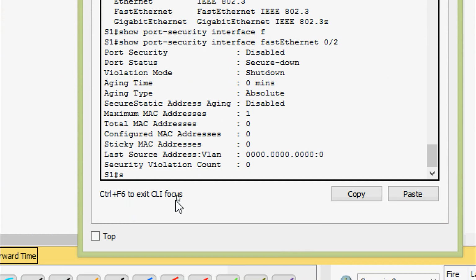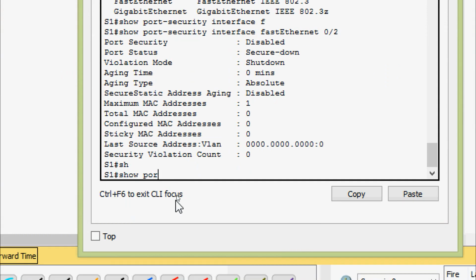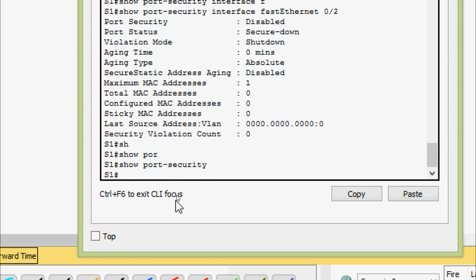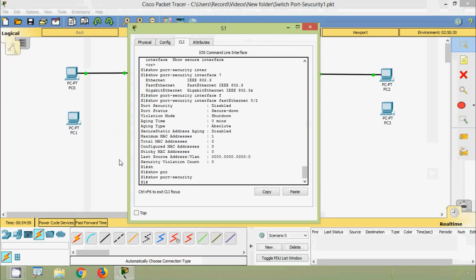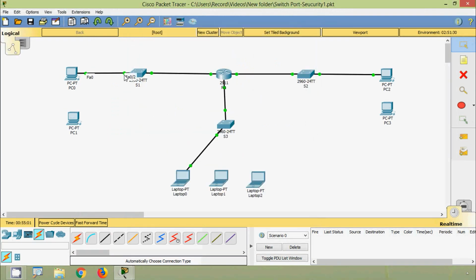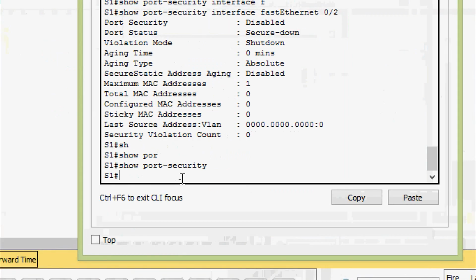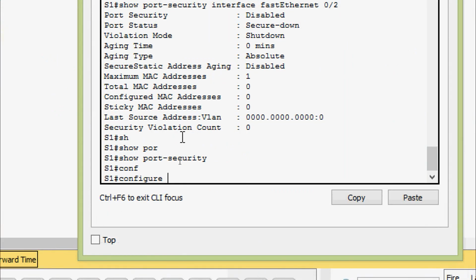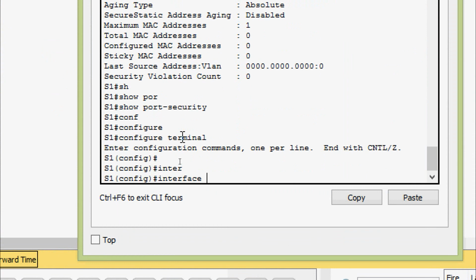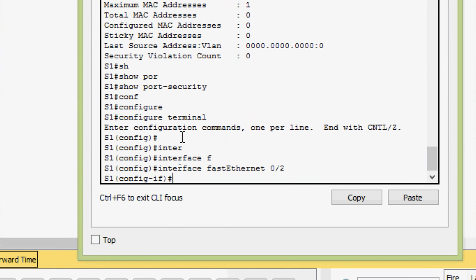Also here we can give this show command, show port security, and press enter. Here we can see it's not showing anything, so we have to enable port security. First of all, we are going to enable port security on this interface, here we can see FA0/2. So we have to go to that interface, configure terminal, interface fast Ethernet 0/2,